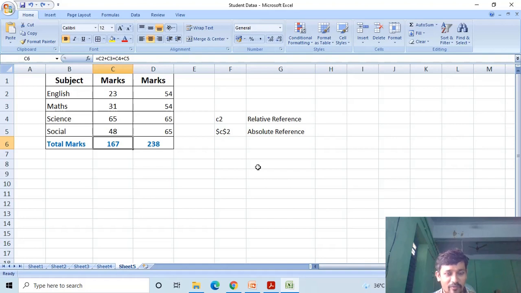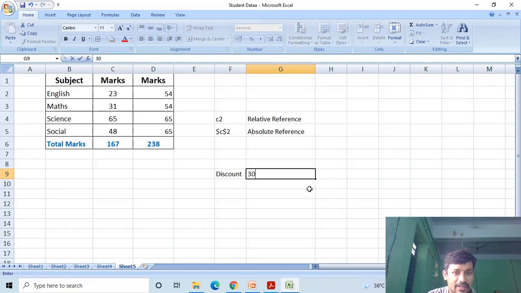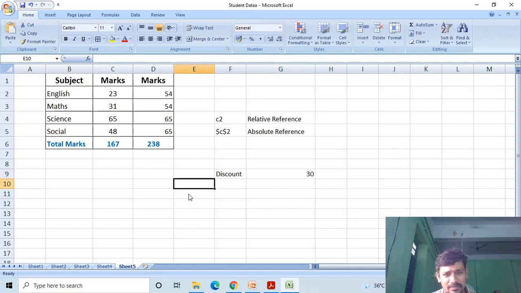At that time we enter the discount in one cell, today's discount 30%, and the price of the product.